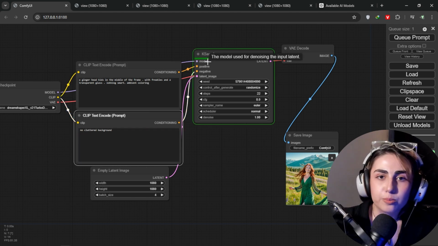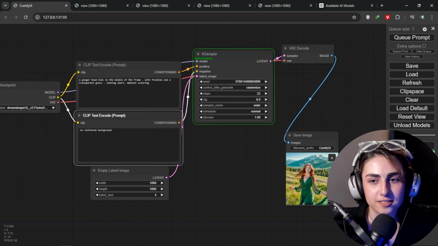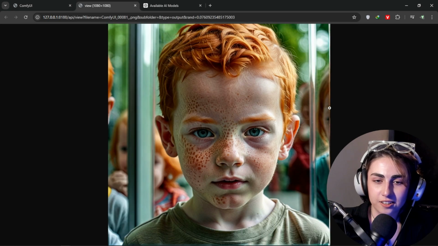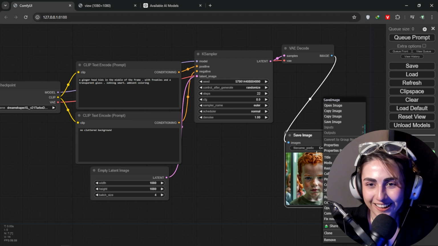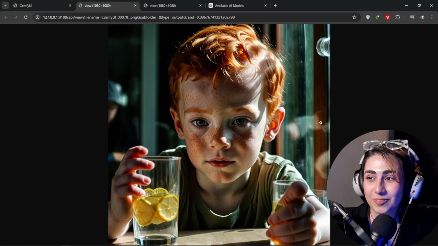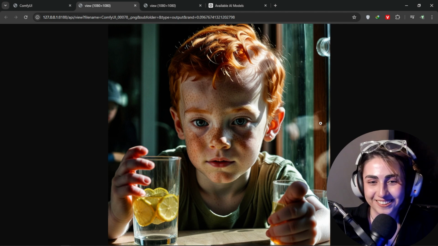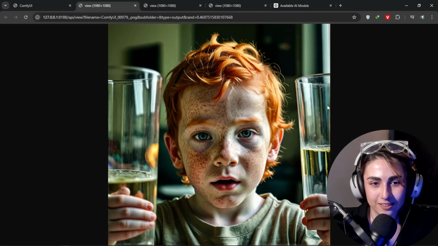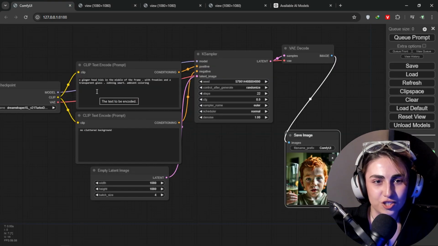It is a bit slow because I probably am recording this. My GPU is working, so that might be the reason. What is that? Why are these freckles like that? But this is so cute. Oh my god. Look at those hands. It's not as perfect. What is that? A ginger head